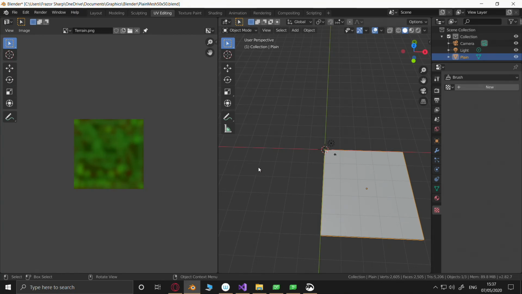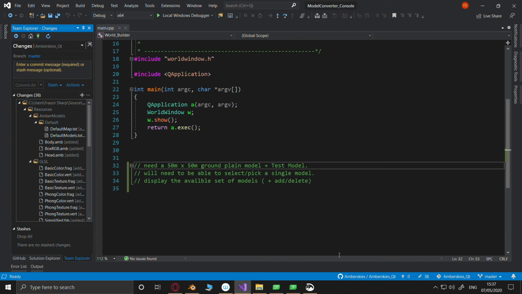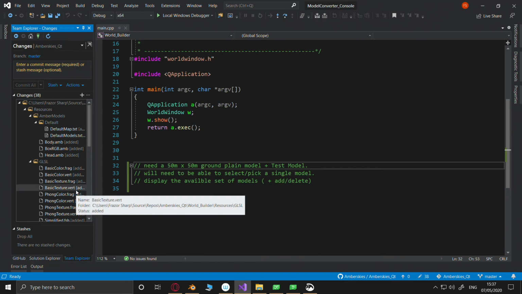So I'm happy that I've got this far. I'll just have to spend this evening practicing with Blender. I might make a couple of models actually on top of this. I know there's some things I want to do. So I'll do that, and I think that should be it. So I'll give you the ideas now of what we're up to. I've got 38 differences.